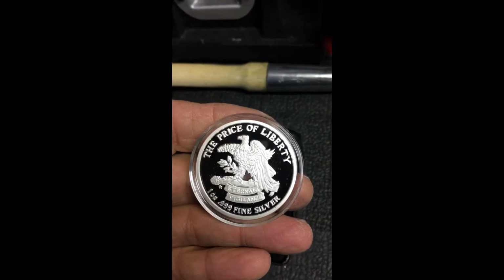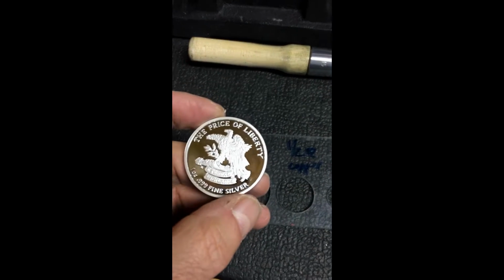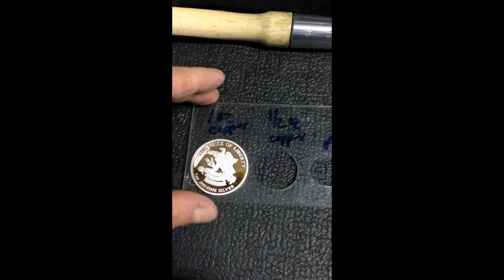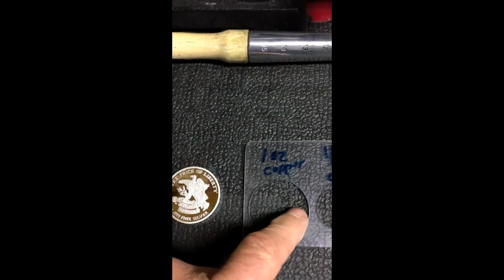And on the other side, which will be the inside of the ring. Now, this coin is a 1-ounce silver round, and it's roughly the same size as a 1-ounce copper, give or take a little bit. You can see it fits right in my punch hole, but there is a little slop, a little play. So what I'm going to do is cut out a square piece of paper towel, put it in there, and then put the coin in there to take up the slack. Then I will put my 5/8 punch guide over that